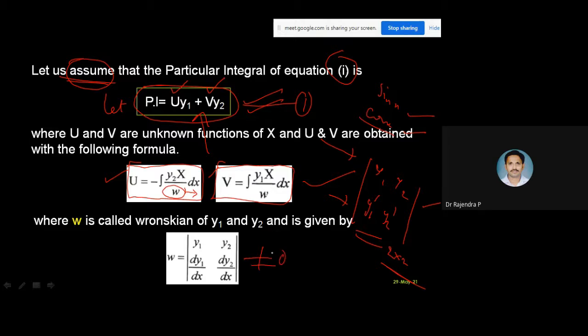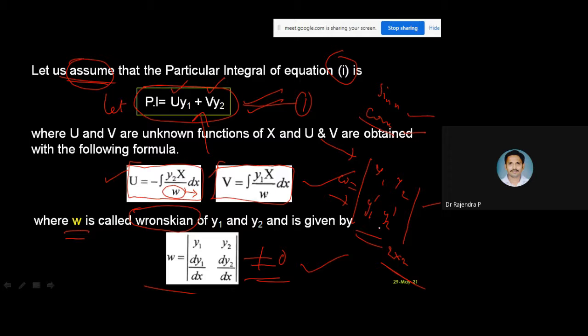The determinant value should not equal 0. Then and only then can I say that whatever solutions we are taking are independent solutions. That is the reason the Wronskian provides a theoretical proof for this, because by seeing that these solutions are independent, we are able to solve this particular problem. So W should not equal 0 here. W is your Wronskian determinant formula. Remembering this formula is also very simple. W is equal to the determinant of y1, y2, y1 dash and y2 dash. That's all. Is it clear?